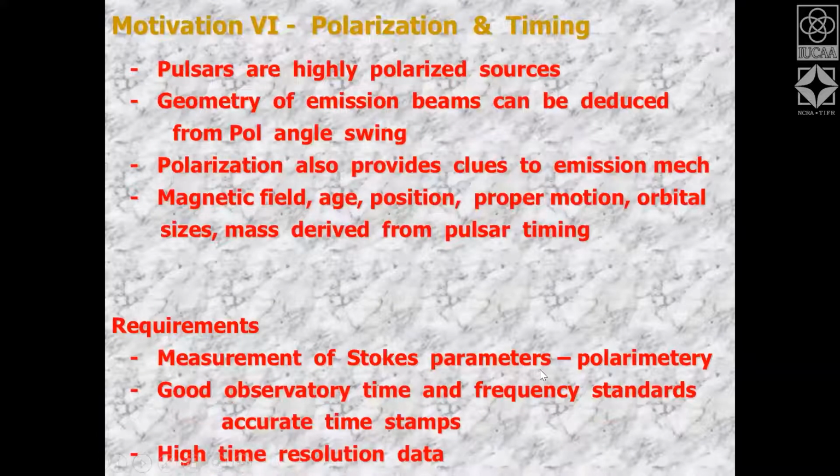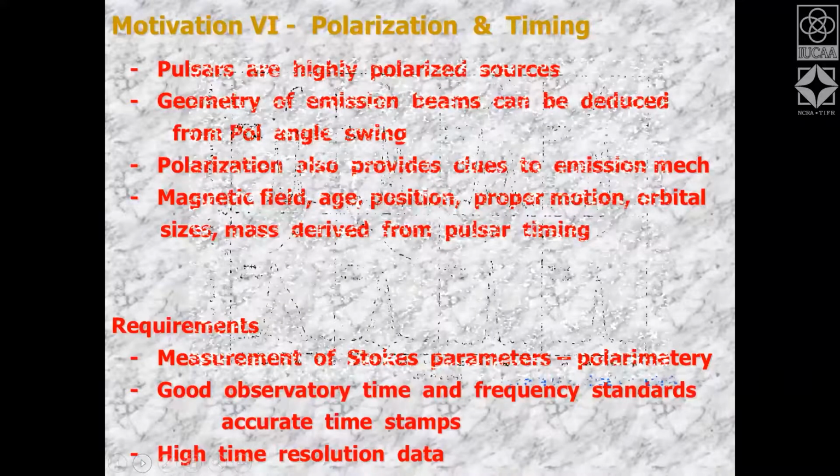Since pulsars are highly polarized, measuring polarization is an important thing. And just as we had a coherent dispersion pipeline, which is giving us total intensity, you can actually also get 4 Stokes parameters coming out of that. And again, you need a very high time resolution as well as a large telescope to do this. Okay. And this is just some examples of that.